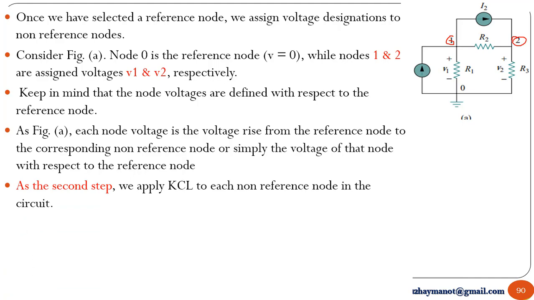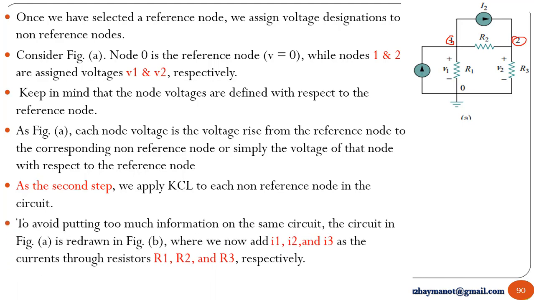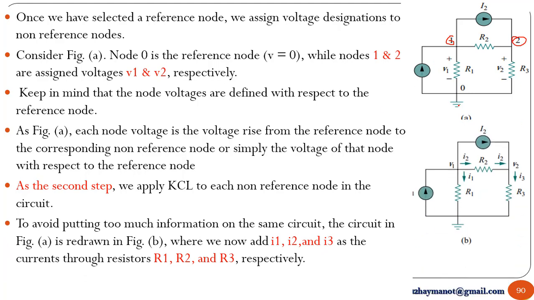As the second step, we apply KCL to each non-reference node in the circuit. Then to avoid putting too much information on the same circuit, the circuit figure እዚህ ጋር ያለው ማለት ነው። Look, I1, I2 then ይሄ I2 በየት ሄዳል I3 ስለዚህ እዚህ ጋር ምን አለ I3 is equal to the sum of I2 and I3. ማን ነው እዚህ ጋር የሚገባው I1 ወደዚህ ይገባል አይደል እሺ አይቱስ እንደዚህ ነው የሚወጣው ስለዚህ እዚህ ጋር የሚገቡትን I3 እና I1 ከማን ጋር እኩል ይሆናሉ ማለት ነው ከዚህ ጋር